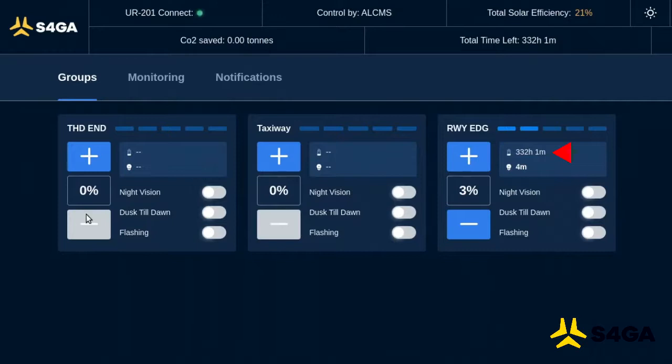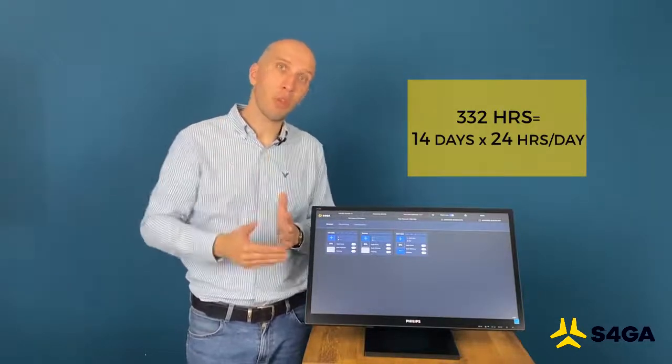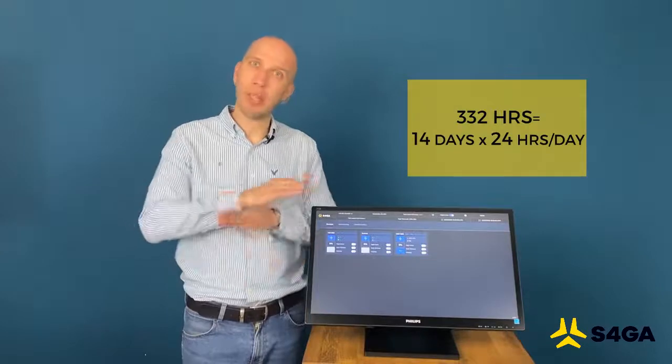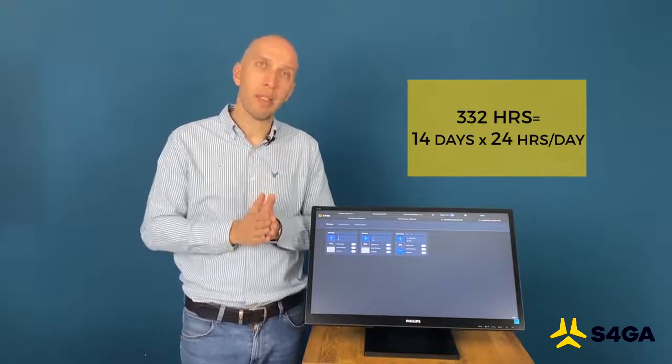For example, 332 hours. Is it long or is it short? Well, for the airport it means safety, because 332 hours means 14 days, 24-hour days, of continuous operations without any charging, without any power supply. Airport can operate constantly without interruption.